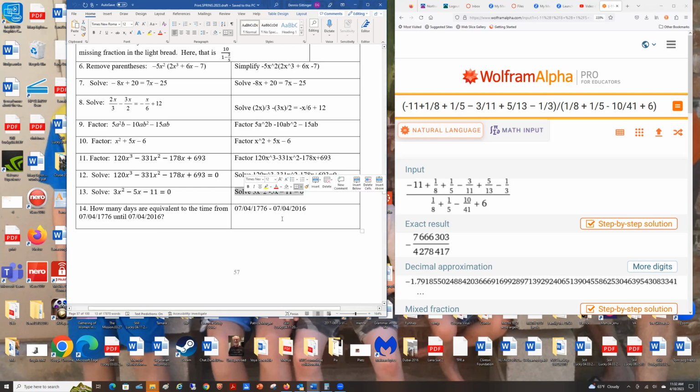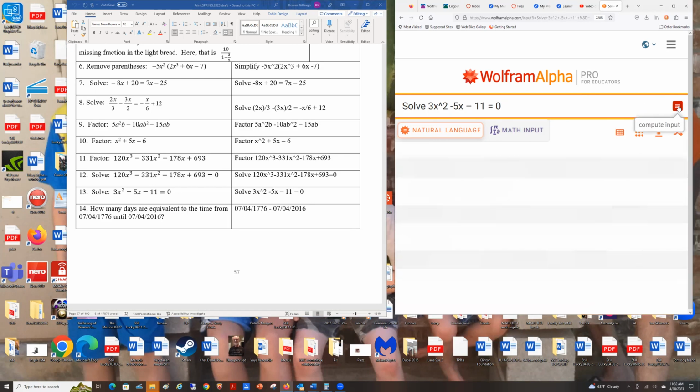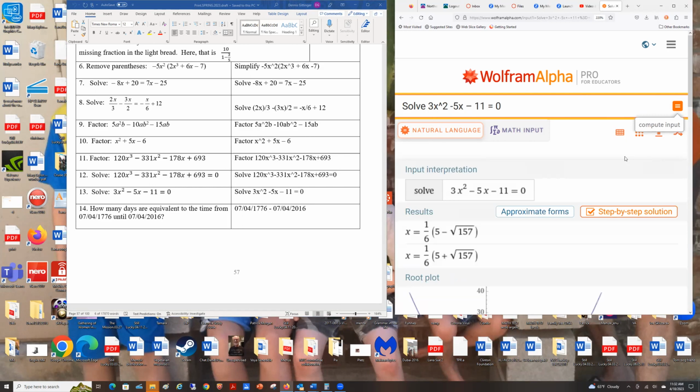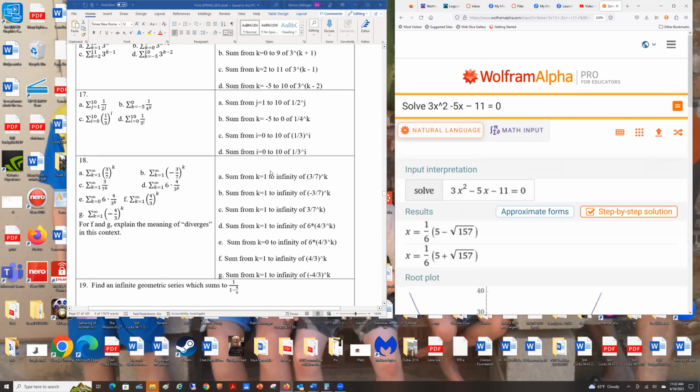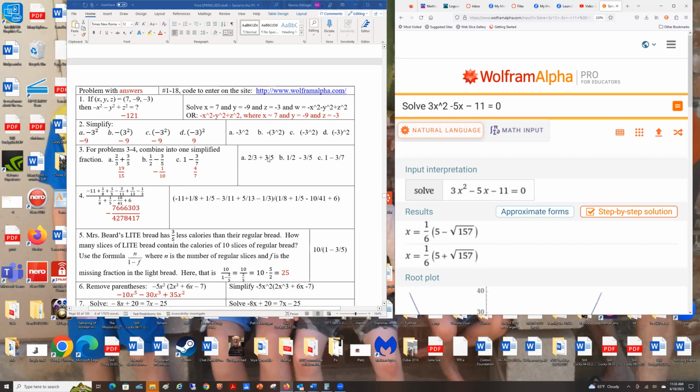I'm going to have a problem on the take-home test that's going to be similar to number 13. And guess what? If you want to see what I want for an answer, do this similar problem. I'll be more specific here shortly. Now, you'll notice this has two answers. I'm going to scroll forward to page 59 and 60, which has the same problem. So alert, this is going to be important to you. What I recommend that you do here